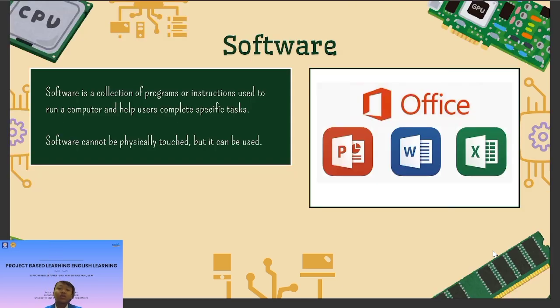Software is a collection of programs or instructions used to run a computer and help users complete specific tasks. Software cannot be physically touched, but it can be used. For example, Microsoft Office programs like Word are used to complete tasks like creating reports and so on.